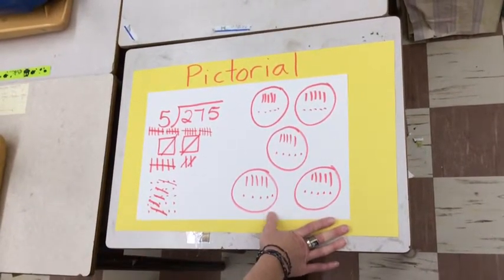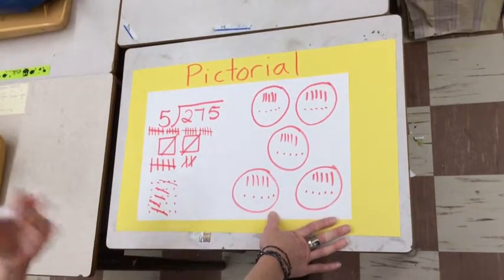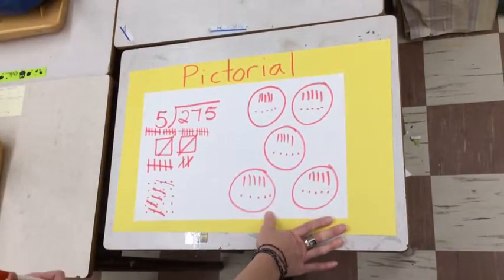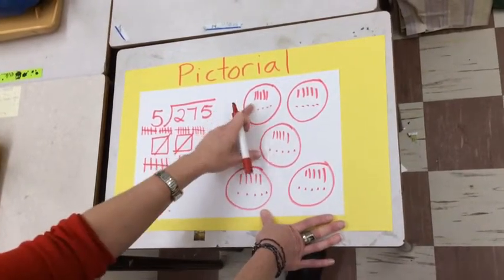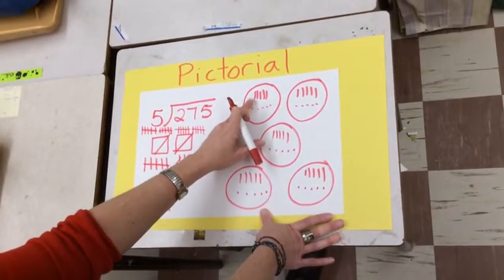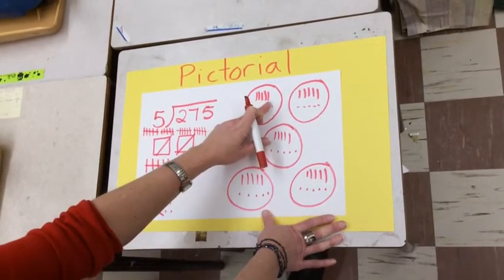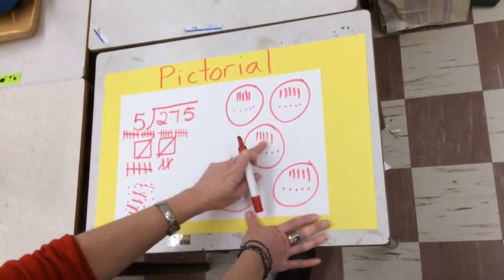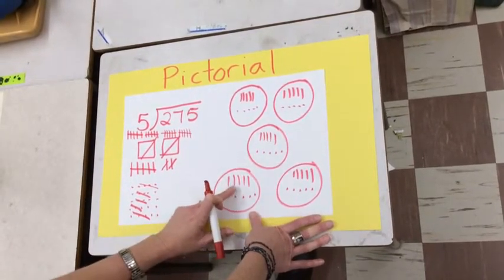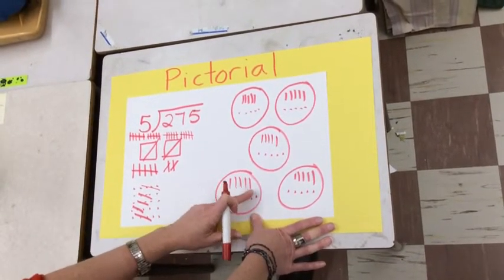Now, just like in the base 10, we want to look back and check and make sure that our answer is correct. There's a couple of ways to do that. Like we did before, we can count them all up. So let's count with our 10s first. So 10, 20, 30, 40, 50, 60, 70, 80, 90, 100, 110, 120, 130, 140, 150, 160, 170, 180, 190,